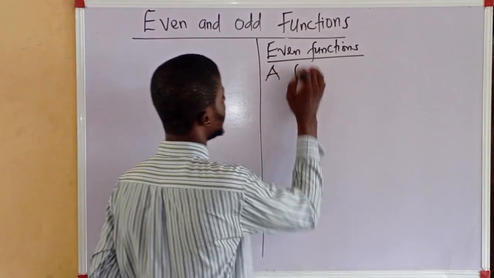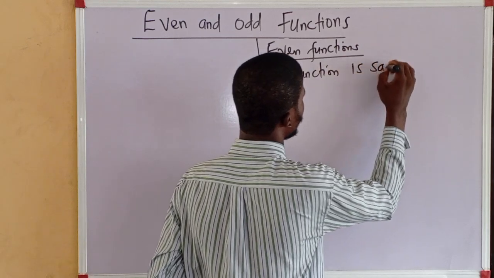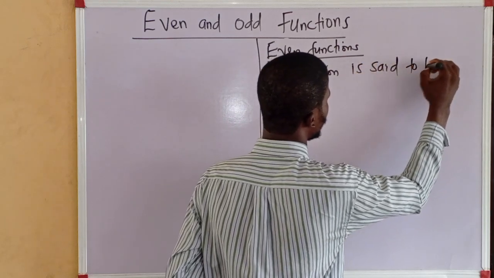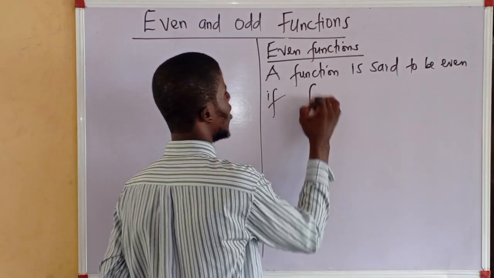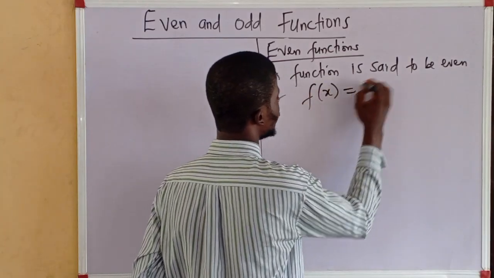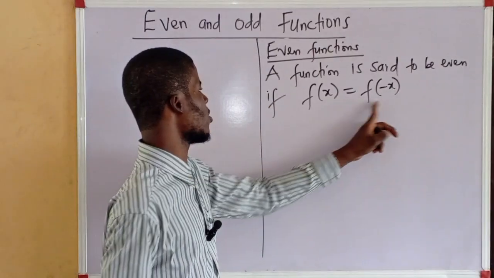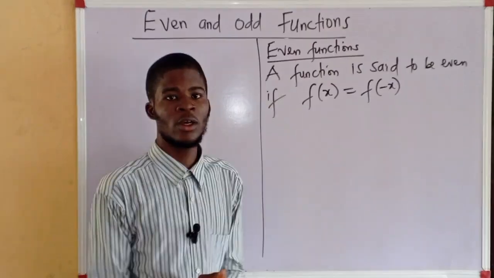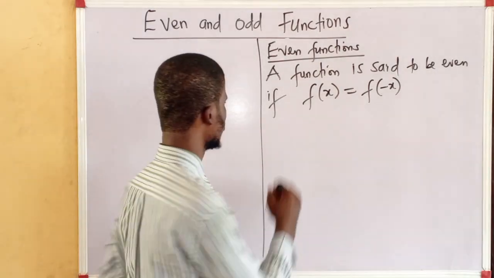A function f of x is said to be even if f of x is equal to f of minus x, or if f of minus x is equal to f of x. So this is the condition for evenness of a function. But for an odd function,